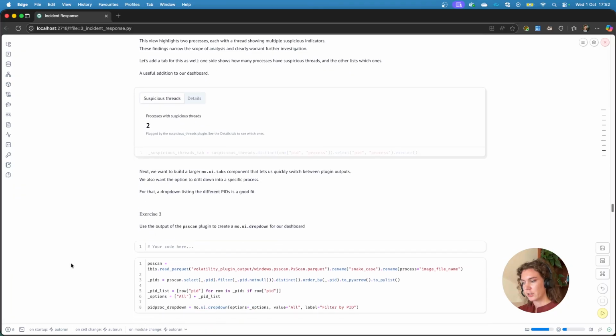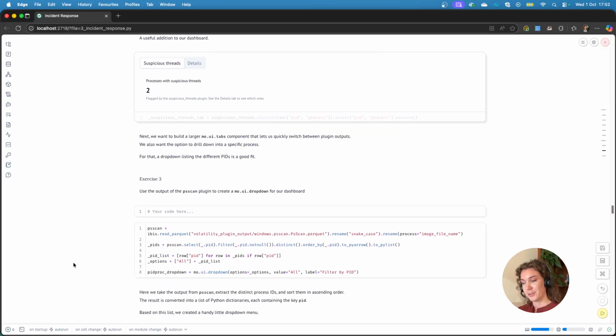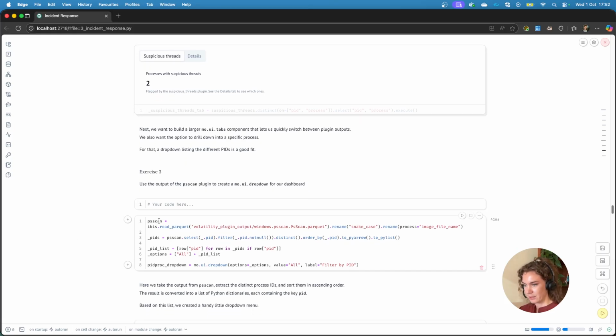So I'm just gonna go ahead and show the solution here. You have the right to just go back and pause the video. But what we're doing is just loading the plugin output into this variable here. We're renaming to snake case again, and in the PS scan output, the process name is under a different column